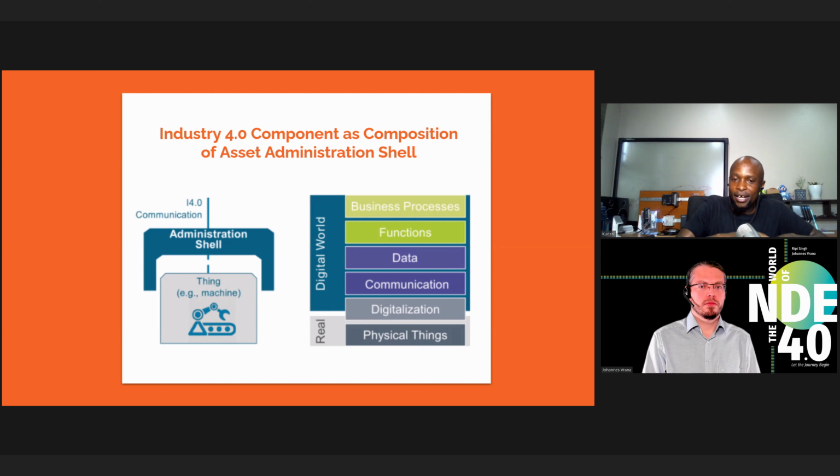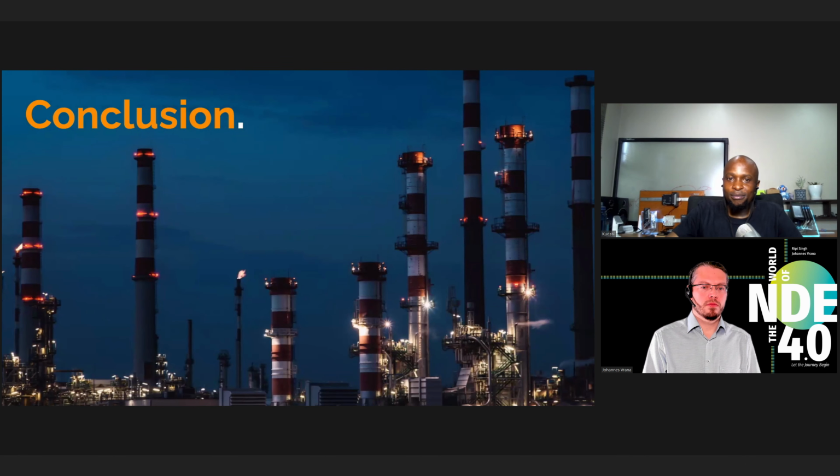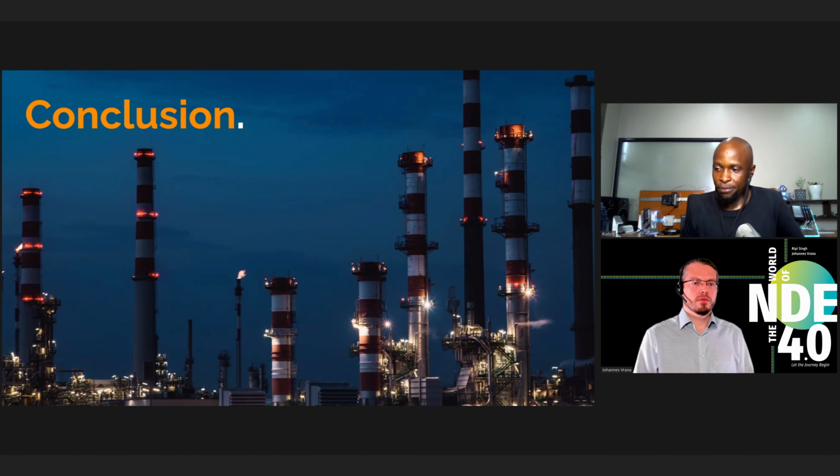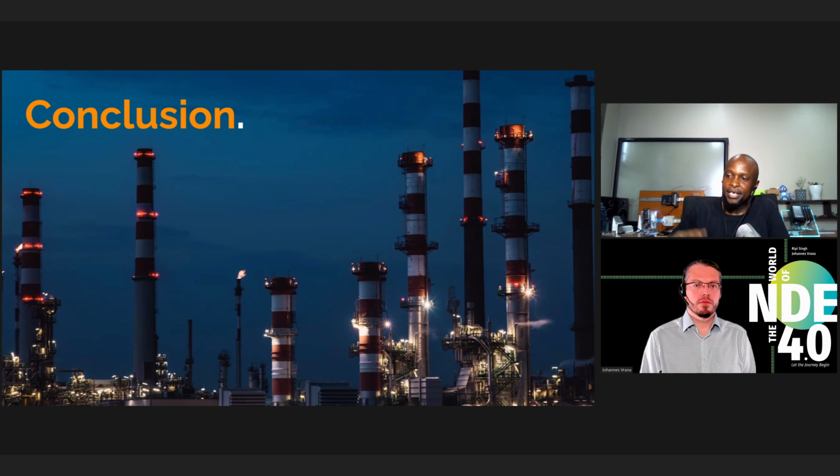So the asset administration shell is a way of trying to come up with a unified model of describing these Industry 4.0 components, right? So now, in conclusion, how does this information actually help, like RAMI 4.0? Because you could be asking a question, okay, we understand this, but how exactly does it help someone build or architect a system? So what it does is that it gives all stakeholders a